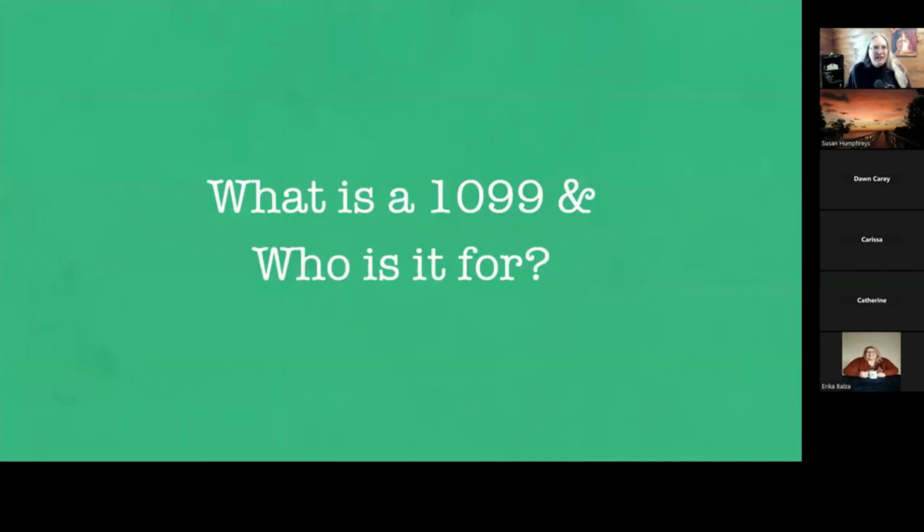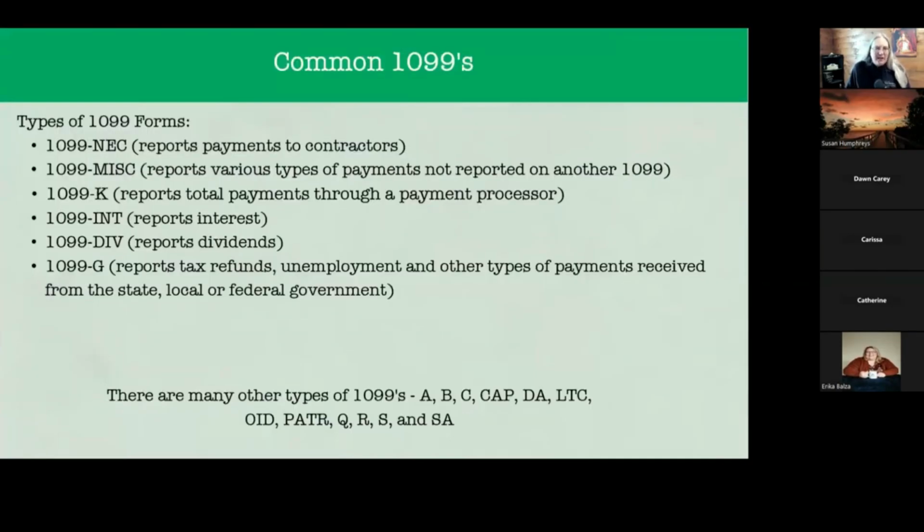What is a 1099 and who is it for? There are a lot of common types of 1099s. The most common that we as accountants and bookkeepers run into is the 1099 NEC, 1099 miscellaneous, 1099 INT, and 1099 DIV. And we need to know the rules for the 1099K, even though they're prepared by a payment processor,